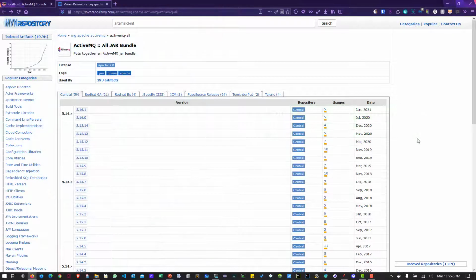Before you get started in JMeter, first you have to download the relevant jars from the Maven repository. If you are working with ActiveMQ, you have to download the ActiveMQ client, and if you are working with Artemis, you have to download the Artemis client. If you are working with IBM MQ, again you have to download the relevant jars from the IBM MQ website or the Maven repository, and you have to keep those jars in your library folder.